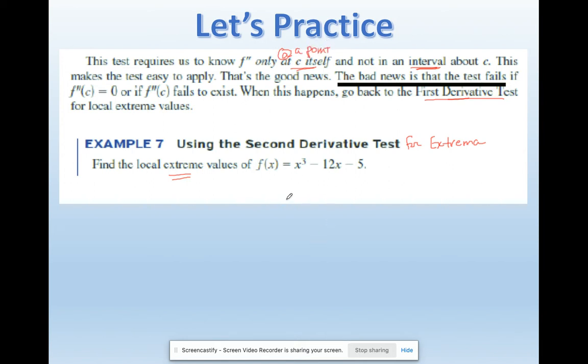So let's do this. Find a local extreme value of f using the second derivative test. If the directions said to use the second derivative test and I used the first one, I would get answer points, but I wouldn't get rubric points for the work. So finding the first derivative,